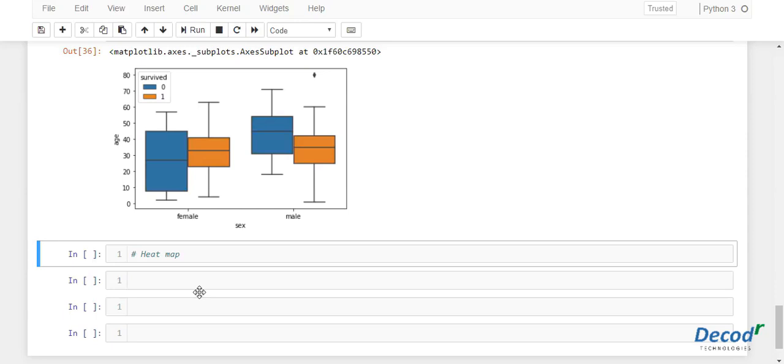Next, let's talk about matrix plots. Matrix plots are the type of plots that show data in the form of rows and columns. Heat maps are the prime example of matrix plots. Heat maps are normally used to plot correlation between numeric columns in the form of a matrix. It is important to mention here that to draw matrix plots, you need to have meaningful information in columns as well as in rows. Let's print the first 5 rows of the Titanic dataset to see if both the rows and the column headers have meaningful information.